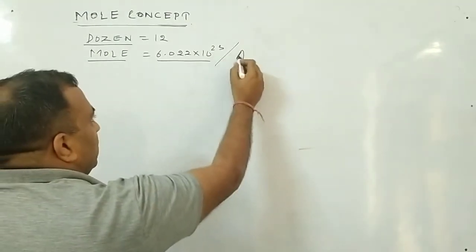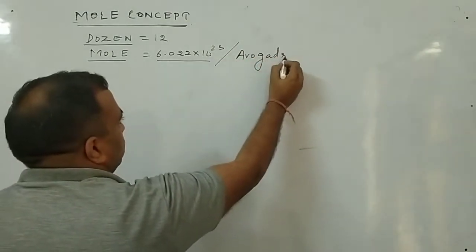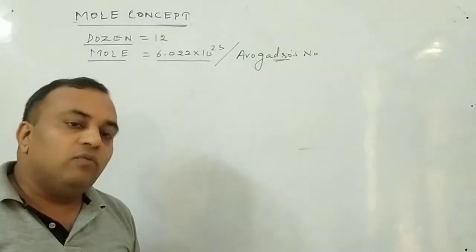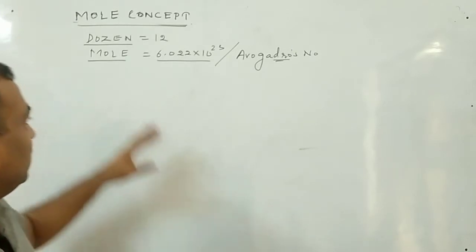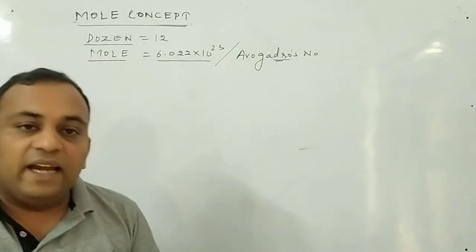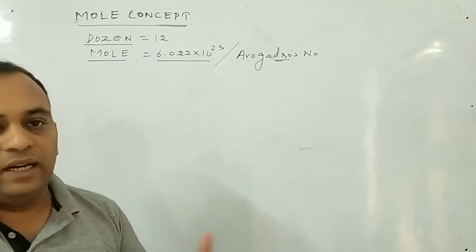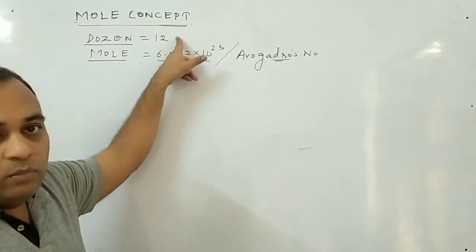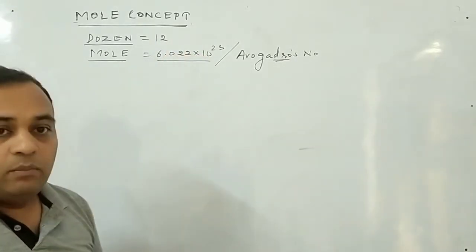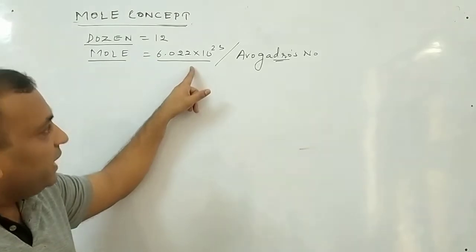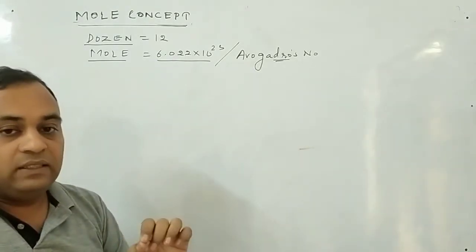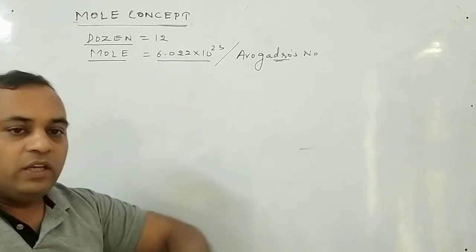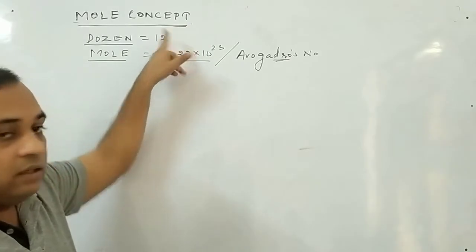This number is said to be Avogadro's number. So the first thing is this, which is simple, I have told you. But now we have to find out the relation of mole with atoms, molecules, mass, volume, etc. And remember, dozen is a small number, but mole is a big number. Since this number is big, it is applied for small things like atoms and molecules, because there are a lot of atoms and molecules which cannot be calculated in dozens.